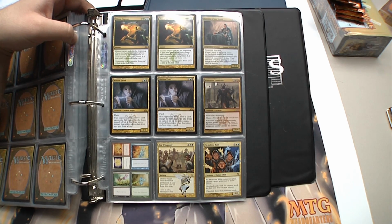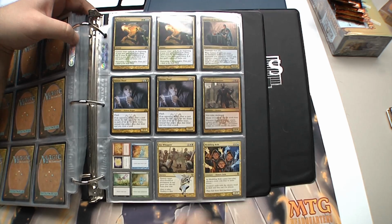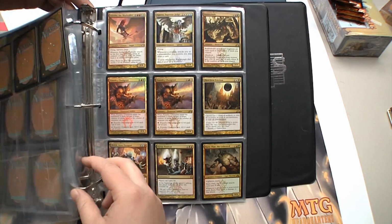I think this is from Unhinged. Who, what, where, when, and why. I think, yeah, Ass Whoopin', Meddling Kids, Jor Kadeen, Lavinia, Foil and Non-Foil, Master of Cruelty, Mirko Vosk,